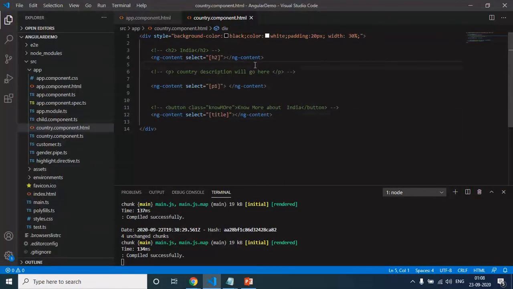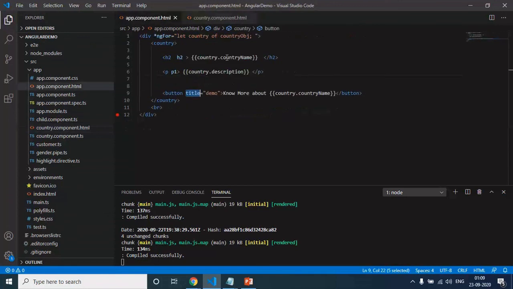So you saw how we can project content using different mechanisms, like the ID selector, attribute selector, and class selector. Using different mechanisms we can project the content. And you can see that we use ng-content for projecting dynamic content, and the way we use it is inside the opening and closing brackets.